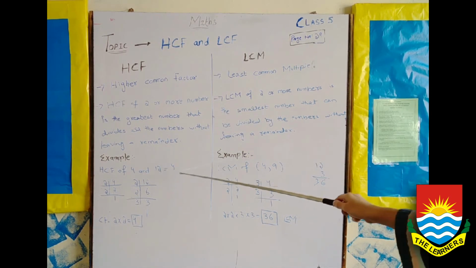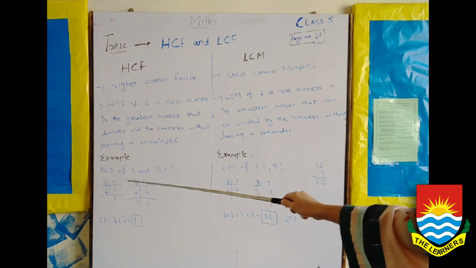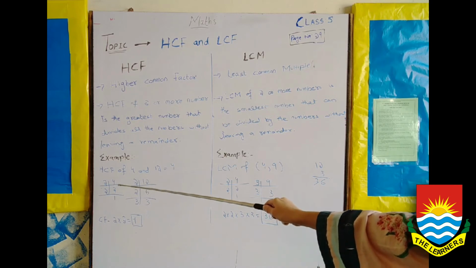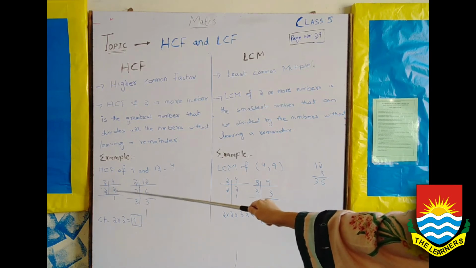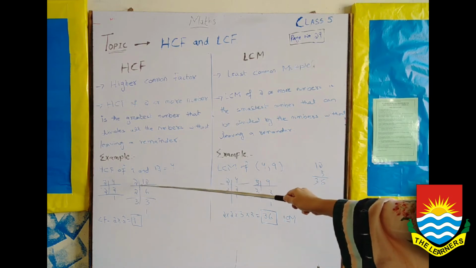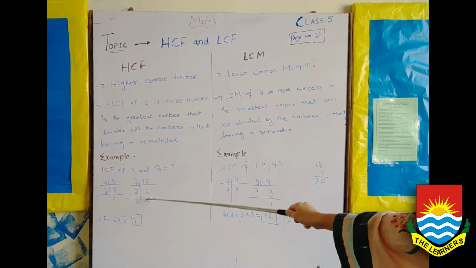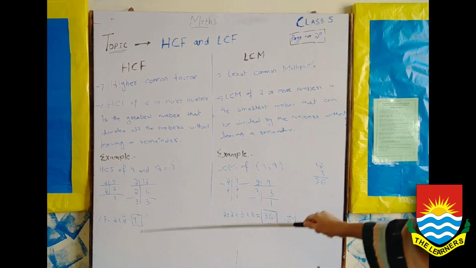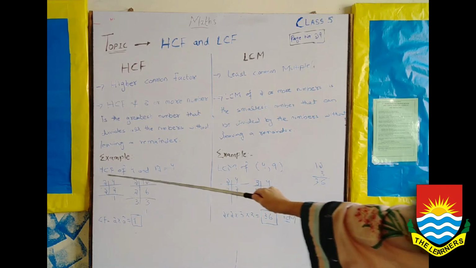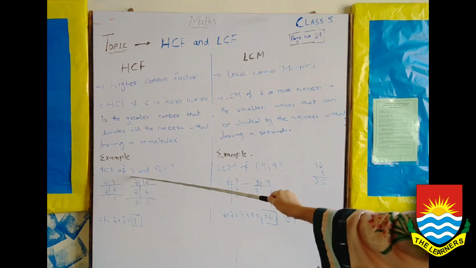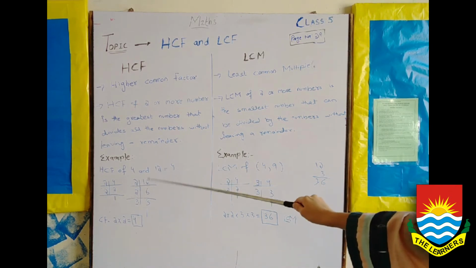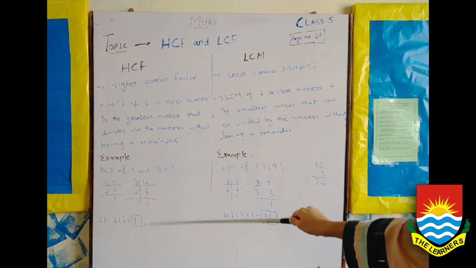From an example you can easily understand. We have to find the HCF of 4 and 12. Let's see 4. Divide 4: 2 2s are 4, 2 1s are 2. Now 12: 2 6s are 12, 2 3s are 6 and 3 1s are 3. So here the common factors in these two: there are 2 2s here and there are also 2 2s. So the common factors of 4 and 12 are 2 and 2. So 2 multiplied by 2 is equal to 4.